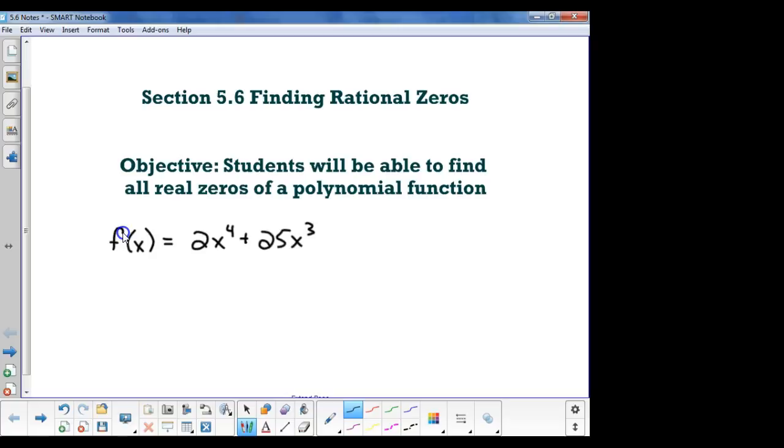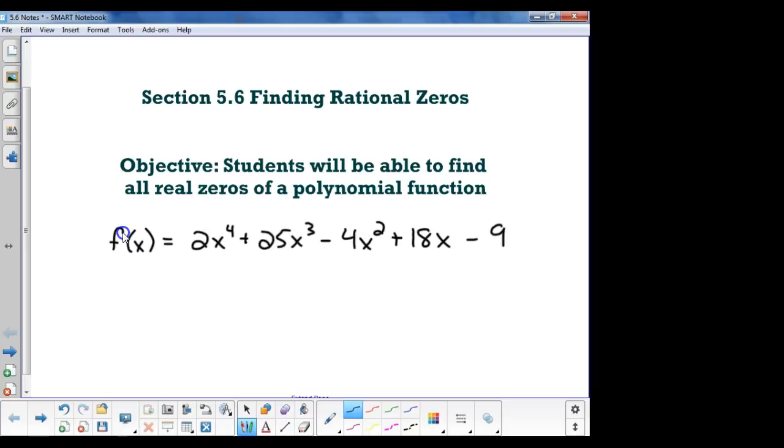Give me 3 more. Minus 4x squared plus 18x. No, let's go, how about minus 9? Okay? If I have that, and I say, find the rational zeros of that,